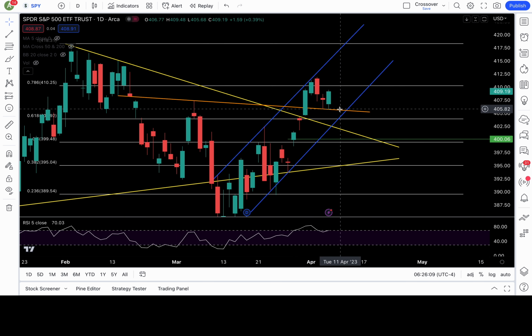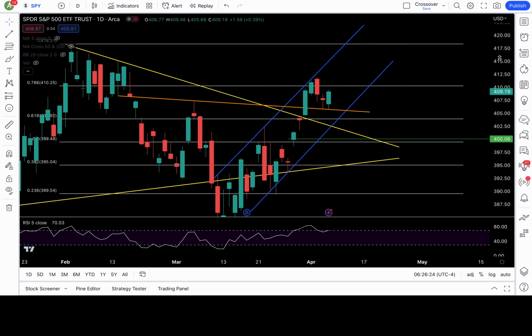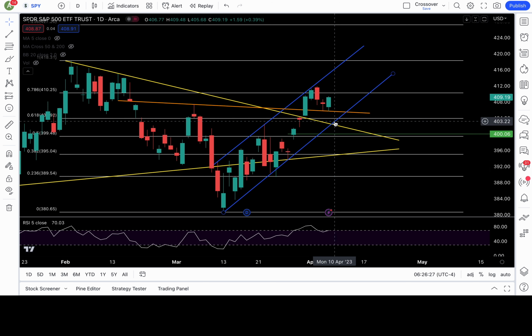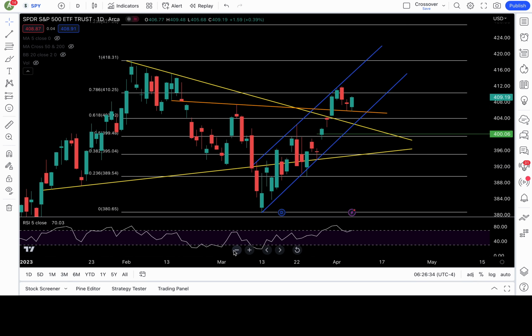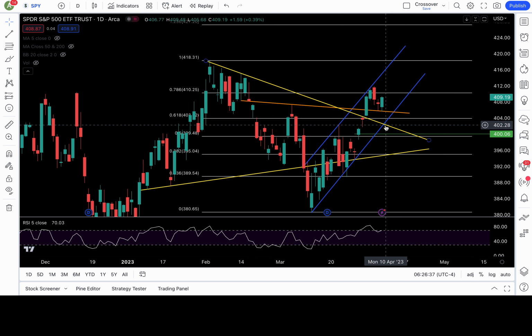Okay, so that 405.5 level is an important level in my opinion, and below that, if it's lost, would put the 404 Fibonacci level in play. But the test and support of this channel would be at 403, okay, as it's sloping up for Monday, 403, and this yellow trend line based on this yellow triangle pattern that I have here, it's around 402.5ish. So definitely some clusters of supports. You can also just make it a zone, 402.5 to 403 zone, definitely a critical zone to watch.